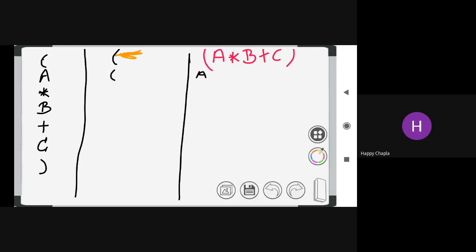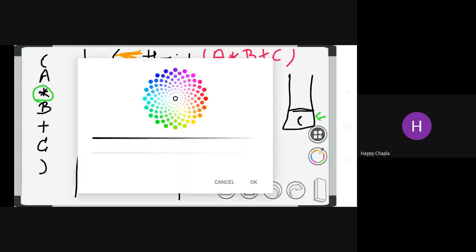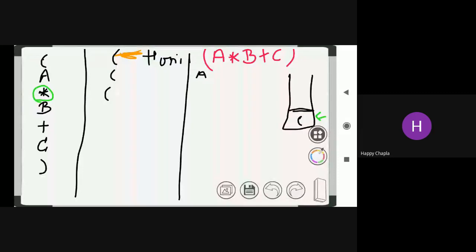Now I'm encountering the star. Now check the top of the stack. Here I am drawing the stack. Here this is a horizontal stack, here this is a vertical stack. First thing, I have only the starting bracket in my stack. Now I am encountering the star. Check the top of the stack and your star priority. Top of the stack is the starting bracket, so there is no operator till now. So I am directly pushing my star into the stack.